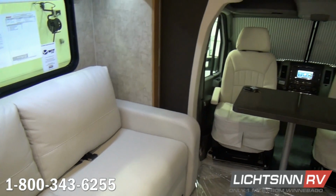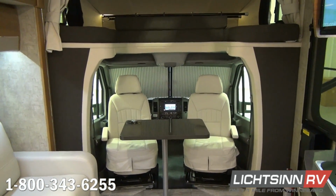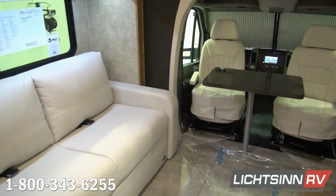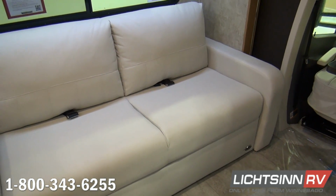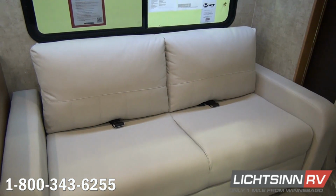Here inside the 24M, we're just going to cover one sweeping shot and then we'll cover things in more detail. Now let's slide over and we'll cover the first of the 3 sleeping surfaces. This is the all-new Flexsteel Fold and Tumble Sofa Sleeper. This is Primera leather. It does feature dual safety belts,